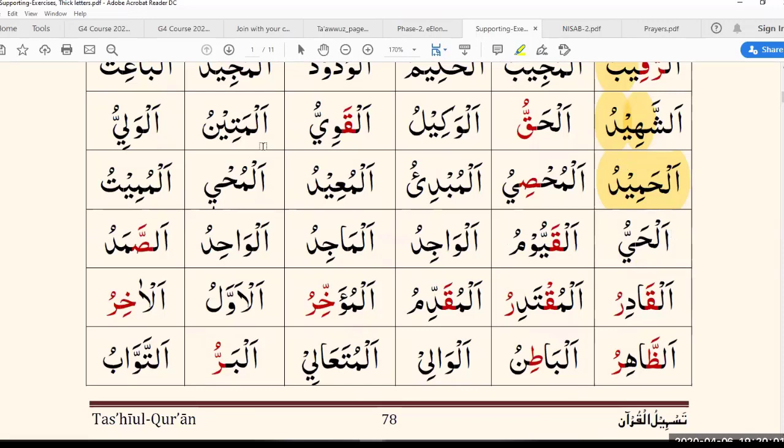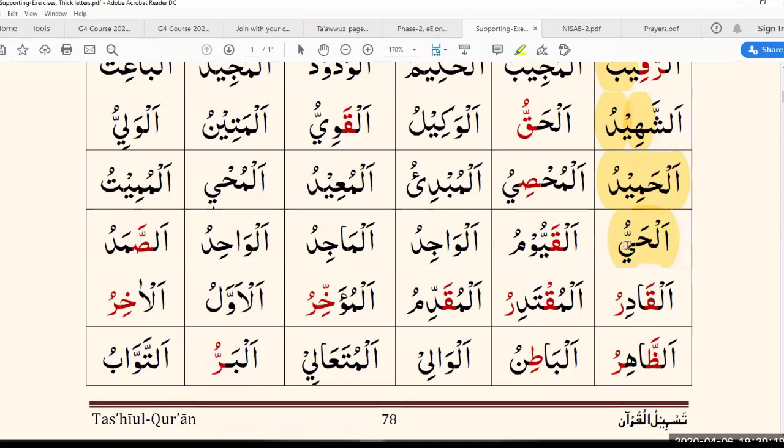So this is just a general practice. It's not necessarily only for Qalqalah. So there's mixed words of everything that you might have learned so far. So can you read this word first of all, without pausing, and then as if you were to pause, how you would read it? Okay.